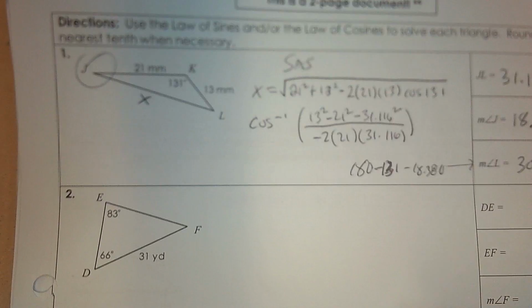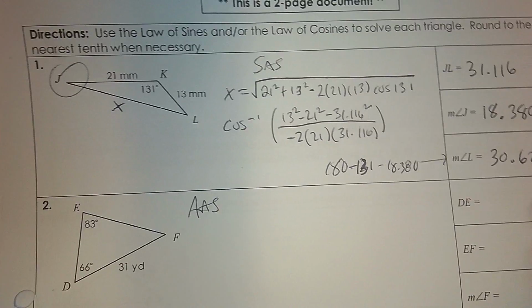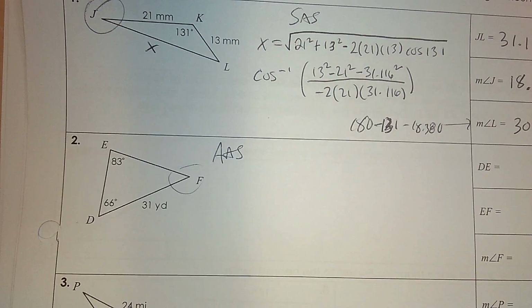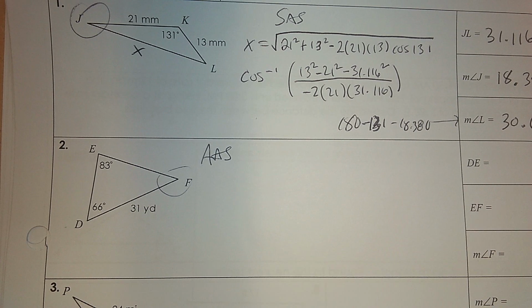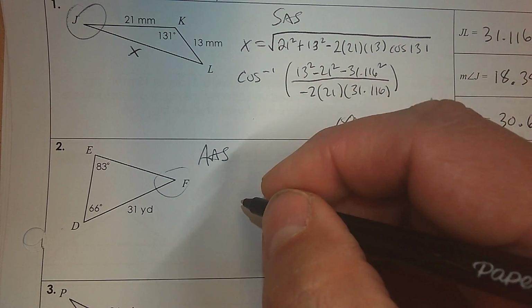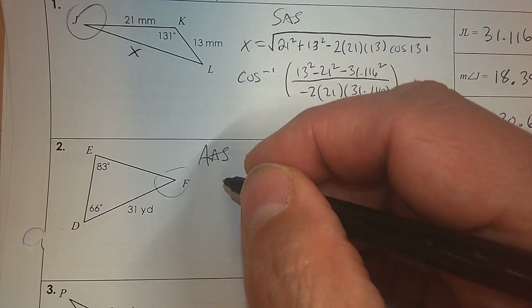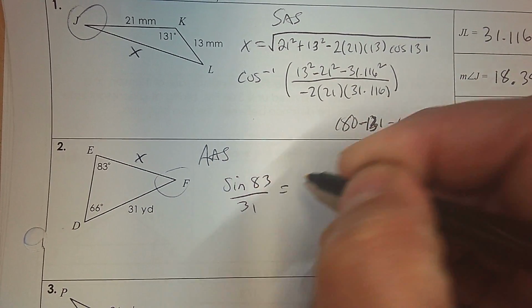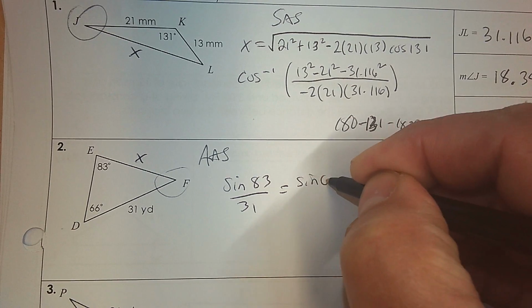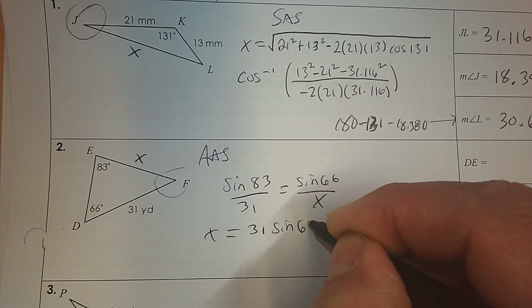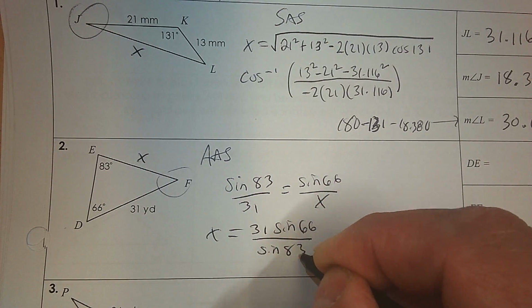This is angle side. So this is going to be the law of sines. So the first thing I'm going to do is angle F is easy to find. So 180 subtract 83, subtract 66, and this angle is 31 degrees. Then to find E to F, I'm going to call that X. So sine 83 over 31, and then it's sine 66 over X. To get X by itself, it's 31 times sine 66 divided by sine 83, and then